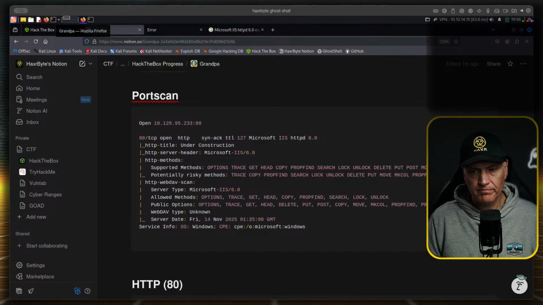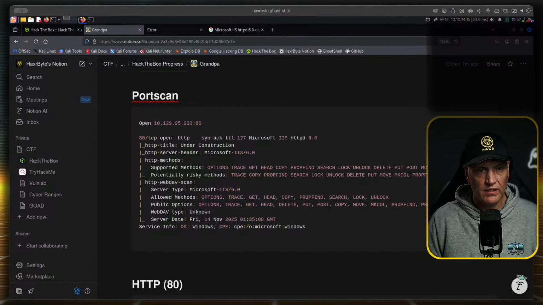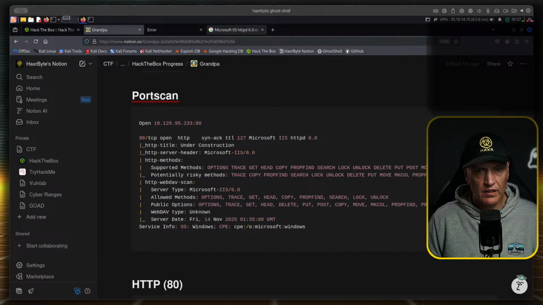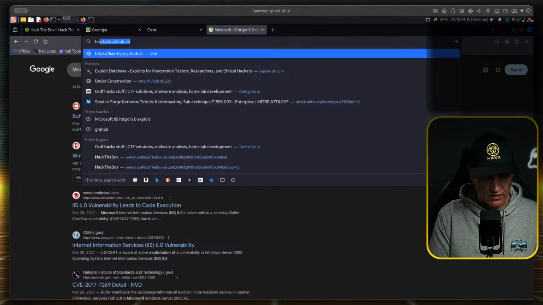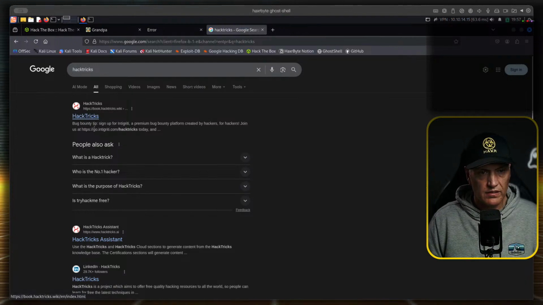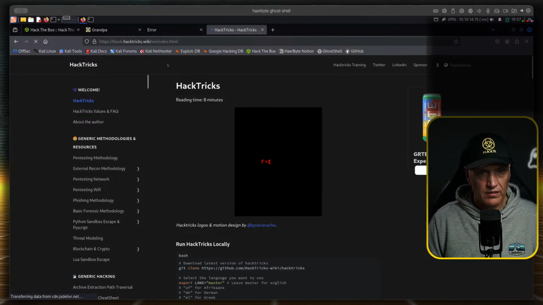I'm assuming we're probably gonna have to look at these methods now. Let's see if Hacktricks, I'll try and spell it. Yes, Hacktricks.